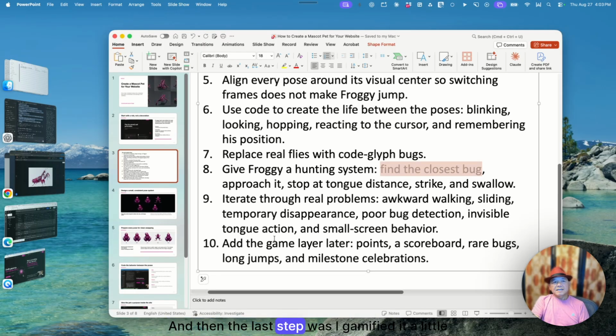And then we went through a few different iterations of it: walking, hopping, sliding, and sometimes it would disappear, and I would have to fix why it kept disappearing from the site. And then the last step was I gamified it a little bit, and I'll show you what that looks like in a second. So that's really the